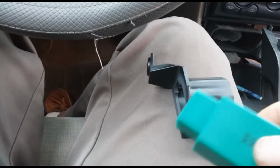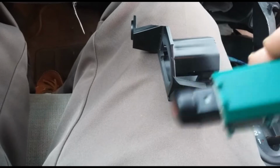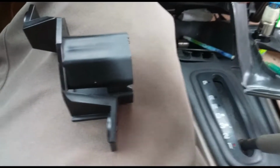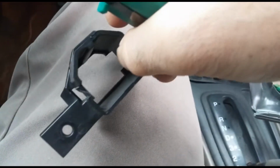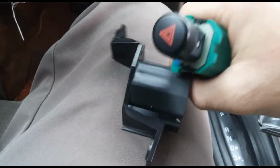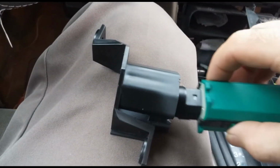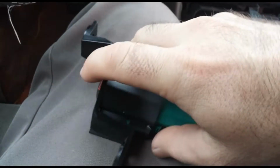We got the new switch here. Now we have to put this side in first to this other piece of plastic. Side here, there's notches. You line them up with the notches on the switch. Push that in